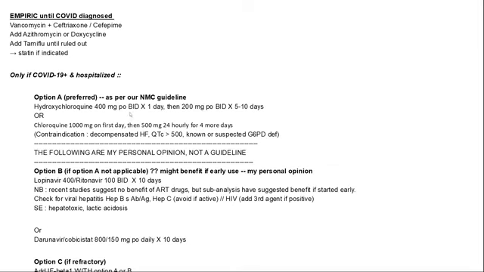So basically, in Nepal, what we can do is that whenever you admit a patient with suspected COVID, you also want to treat for bacterial and other atypical bacterial infection or even influenza until proven otherwise. So I think your antibiotic of choice should be vancomycin with ceftriaxone. You might add azithro or doxycycline for atypical coverage, and you also want to add Tamiflu until you rule out